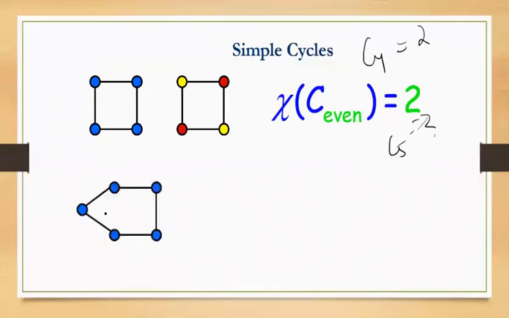This is a graph with C5. Now if I assign this vertex the red color, then the next vertex cannot be red, so I am assigning it green. Now this is green, this is red. This again can be green, yes, it can be green, since both of these are not connected. Now what about this?